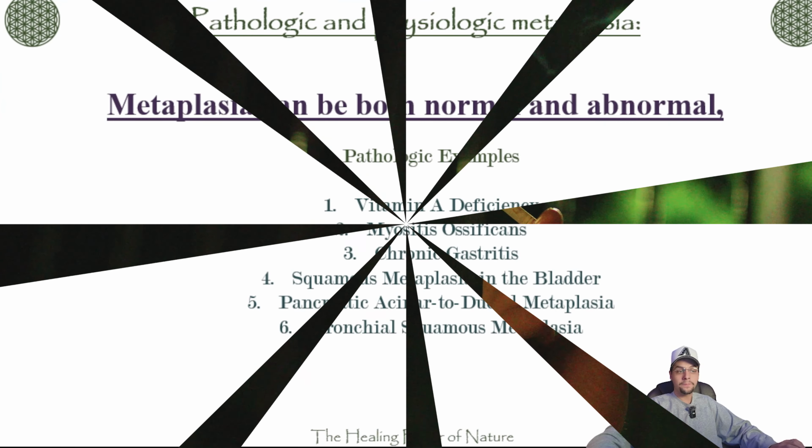Chronic smoking causes pseudostratified ciliated columnar epithelium in the bronchi to transform into stratified squamous epithelium. This increases the risk of squamous cell carcinoma of the lung. Now,